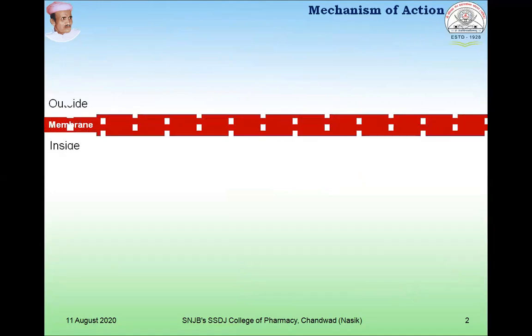As we know, insulin particularly acts on specific receptors which are located on the cell membrane. This is the structure of the cell membrane of every cell, but the density, or the number of insulin receptors present, depends on the cell types. These receptors are more present on liver and fat cells.